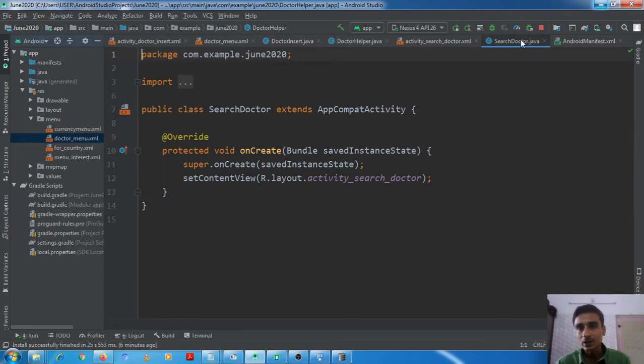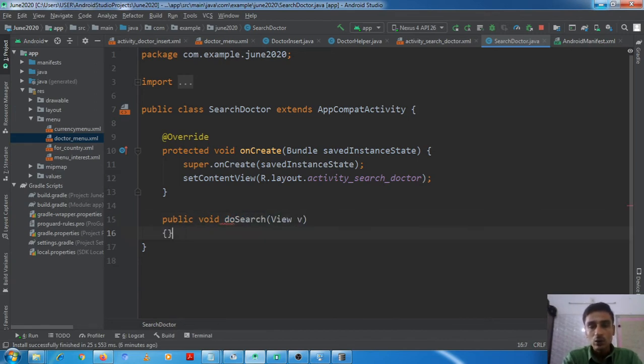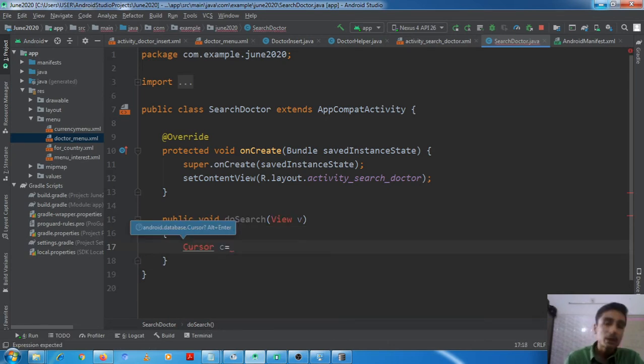Okay, so without wasting time, here we will define one method, public void do search. Okay, and here what will we do? We will define one cursor c equal to, but for that we should have DB helper also.